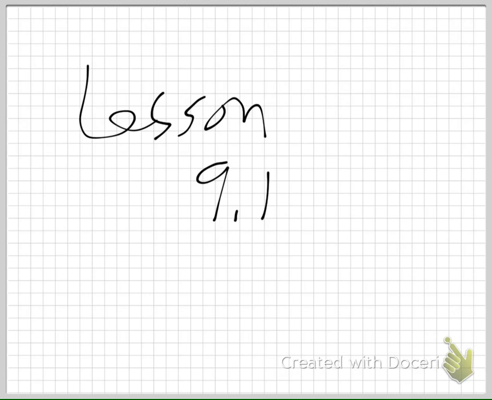This is Algebra, lesson 9.1a. Okay. All right, here we go. So,